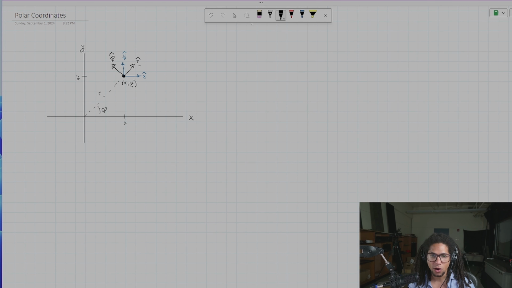Now notice that this r is a scalar number and this phi is a scalar number, between 0 and 2 pi in fact. That's different from this r hat vector and phi hat vector, though we'll see that there is a relationship in a moment. All right, and by a little bit of trigonometry, we can figure out that there's a relationship between r, phi, x, and y. In particular, x is equal to r cosine of phi, y is equal to r sine of phi. So that would be to go from r and phi to x and y,